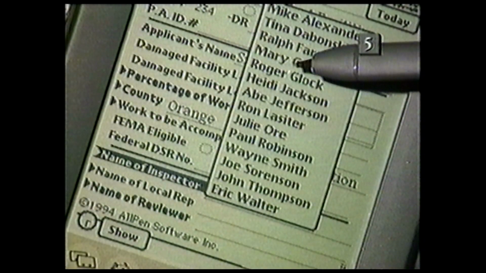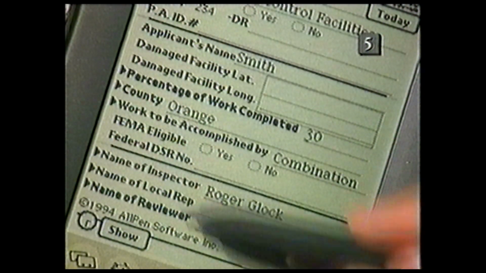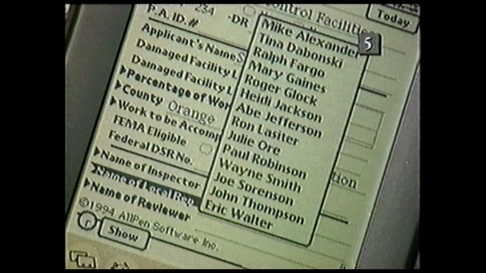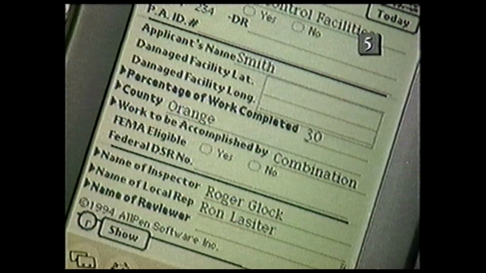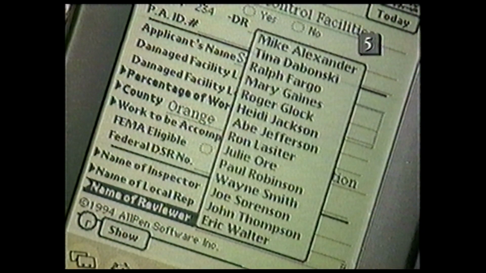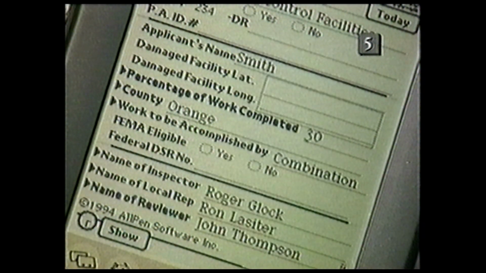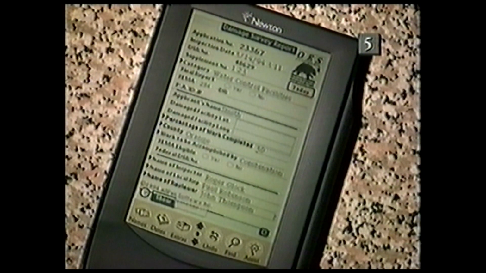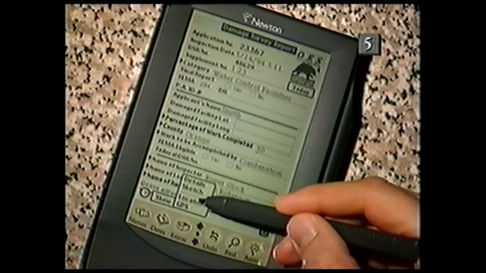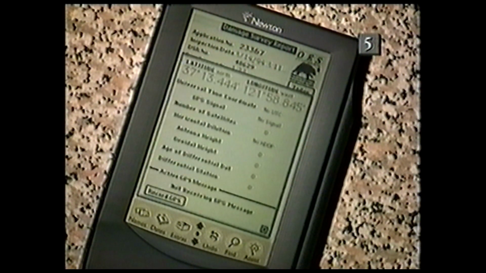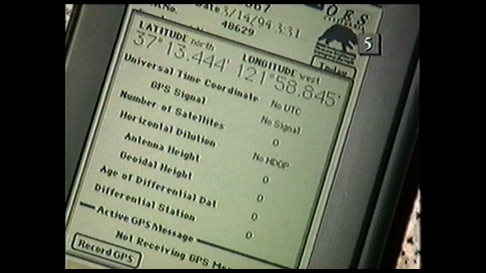Who's the inspector? We indicate the local representative and then choose the name of the regulator involved in this project. We also have the ability to capture more information. We might want to have more information about the location based on the GPS data coming in from the satellite